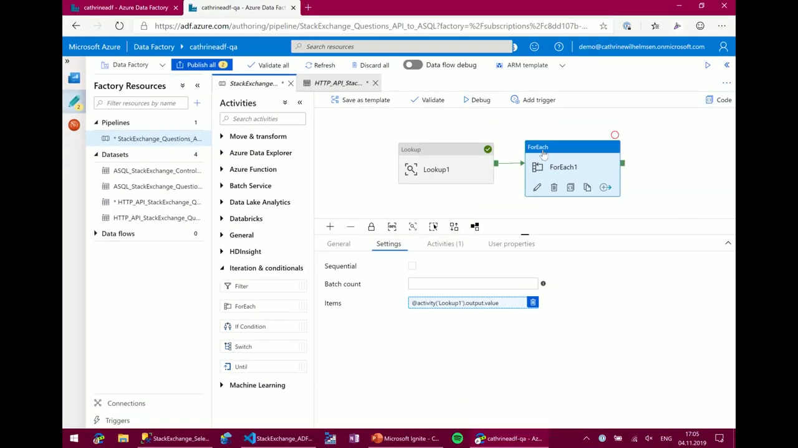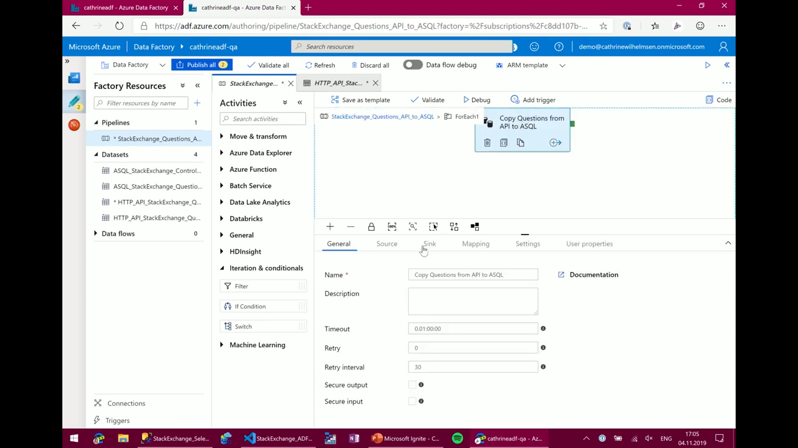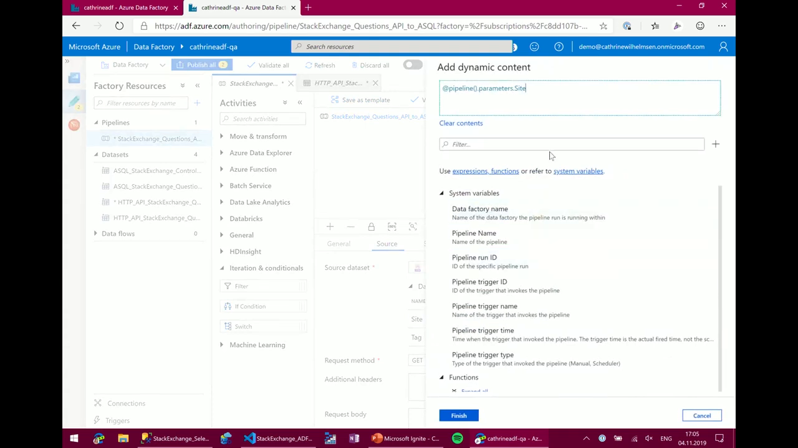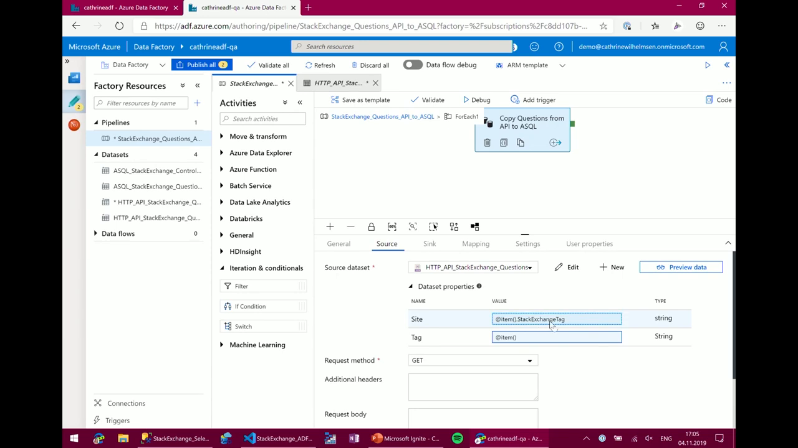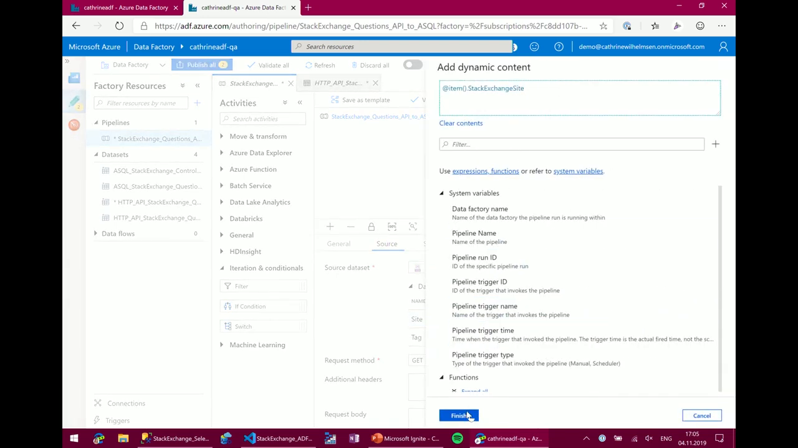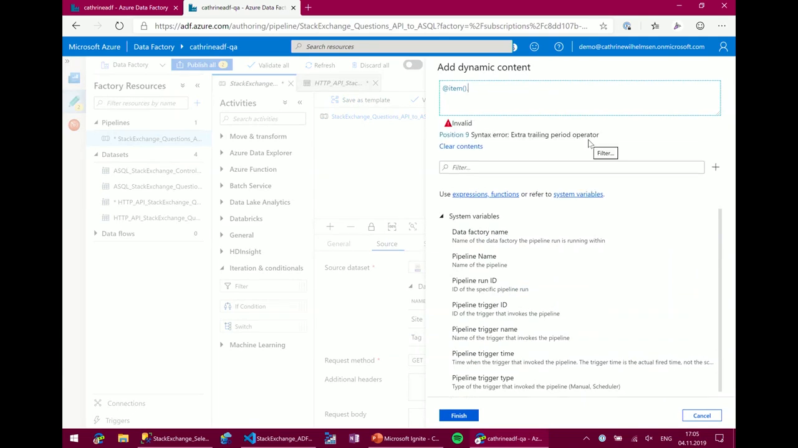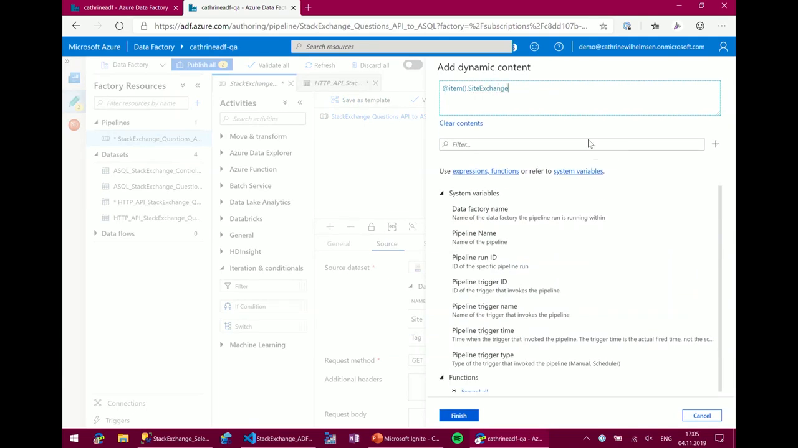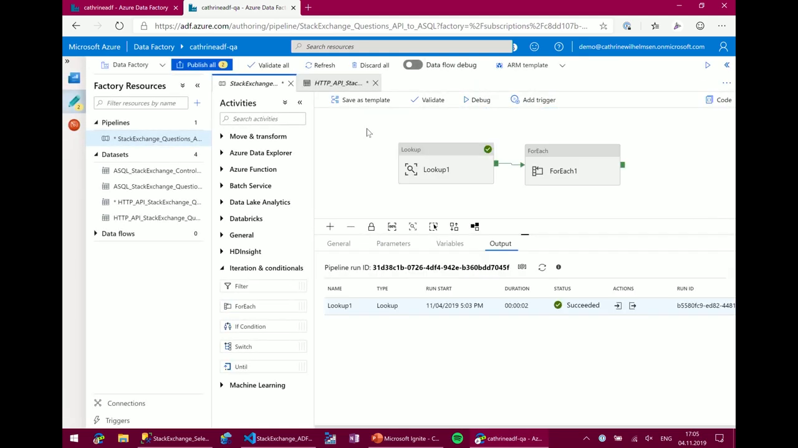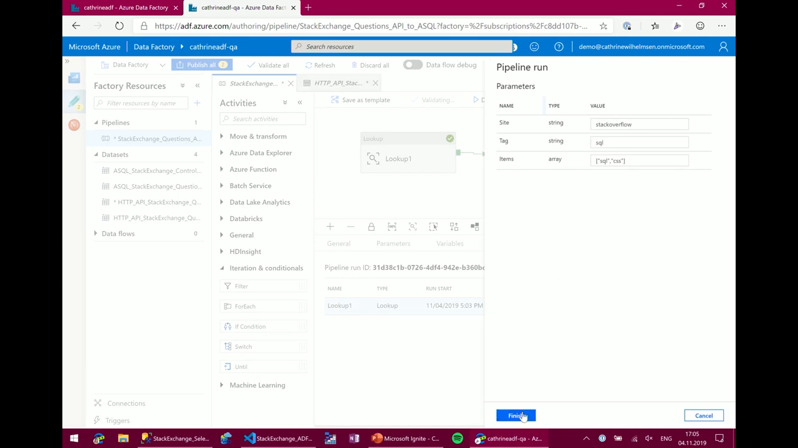And then the last part is to go inside of the ForEach loop, inside of the source, and instead of using that pipeline parameter, I now need to get @item.stackExchange tag. Or was it site that I had on here? I think this was site. Yes, no, site. Site, and same thing for tag. So now I need to go in and grab that property that I want to use for this iteration. So if I click on Finish on this one, unless I did a silly typo again,